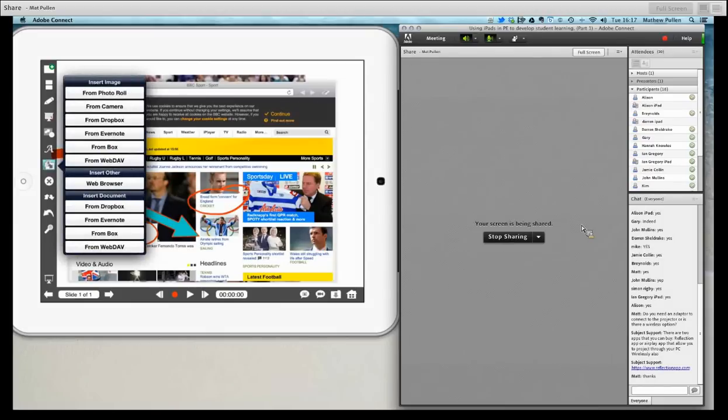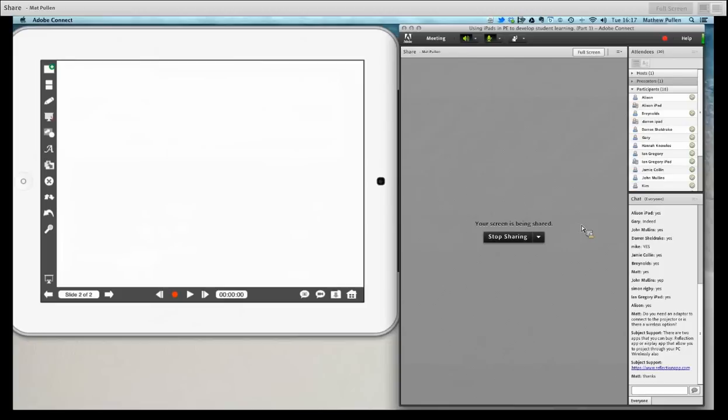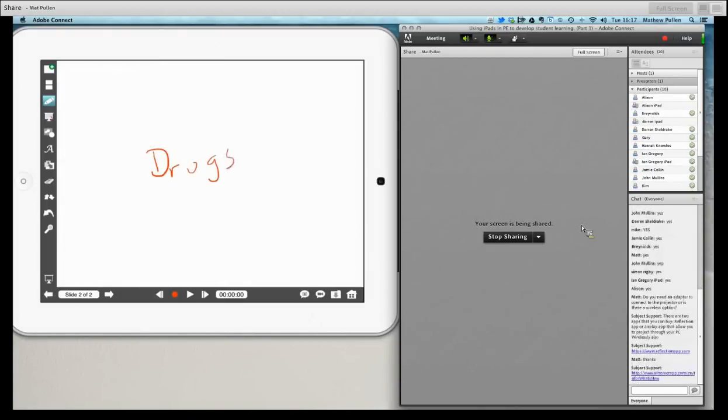I've used it to just do brainstorming. So if I put a new sheet on here, I might just simply say to the students, okay, we're going to look at drugs in sport today. And instead of doing the brainstorm on the whiteboard and it be lost because I'm going to wipe it off after 2 minutes because I need to use the whiteboard for something else, I record everything the students are talking about on this. So they might come up and say, oh, Lance Armstrong is in the news,